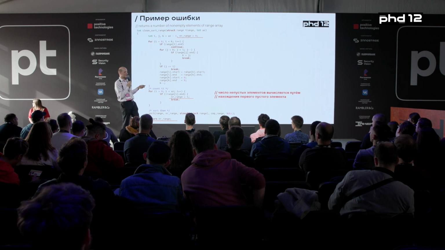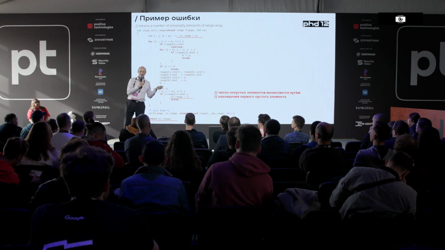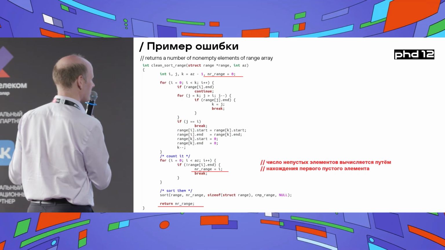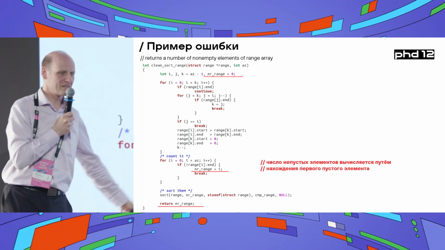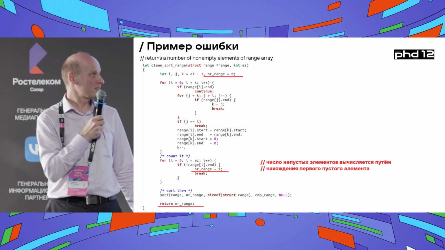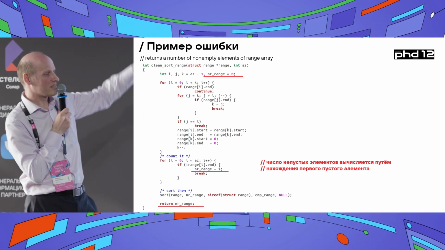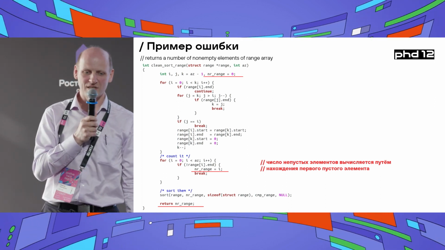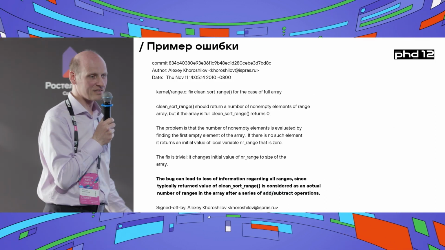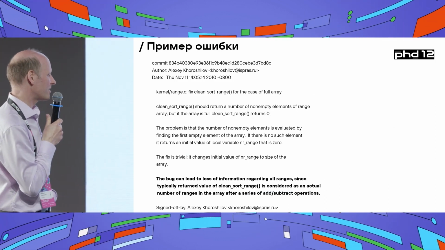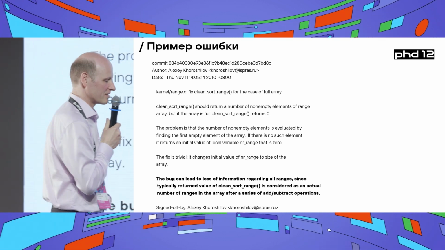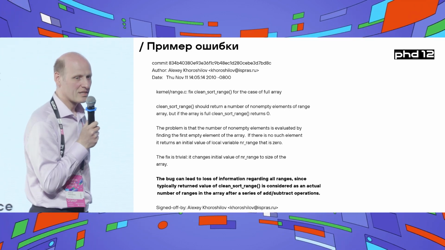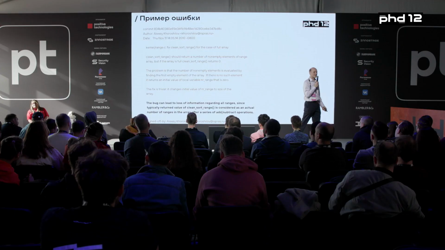with appropriate triaging. The problem appeared when the range was filled 100%. And what has to be returned? The first empty symbol, but if there are no empty ones, the set returned 0, which was not correct. And all the data that could be there in that set were lost. So we sent the patch. The patch was accepted immediately.